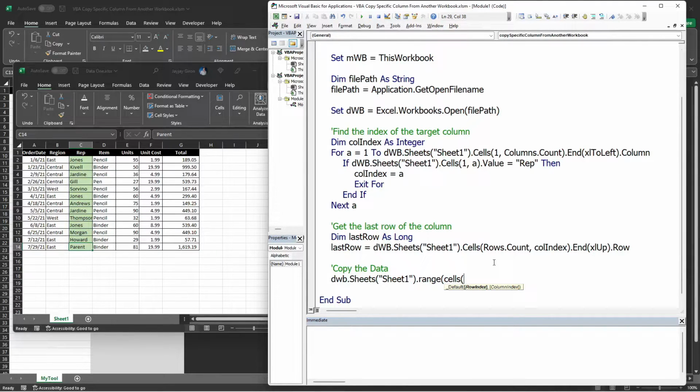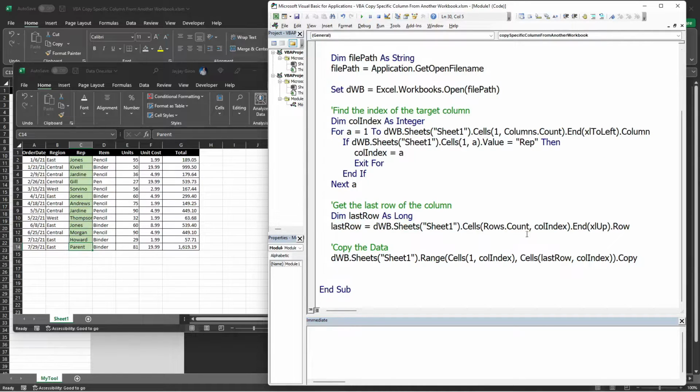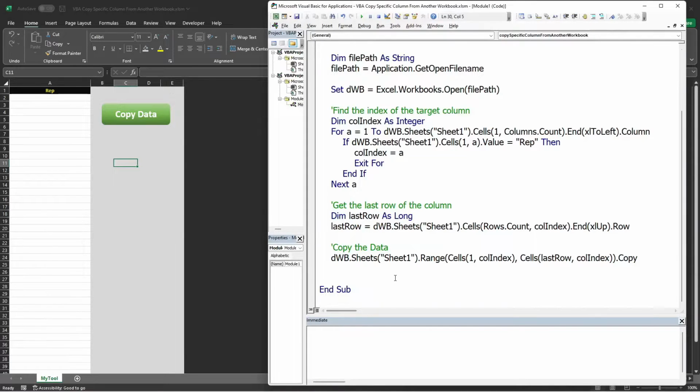The row index should be 1, and then the column index, up to the Cells last row and the column index. Dot Copy.